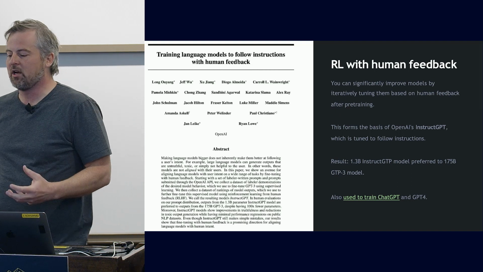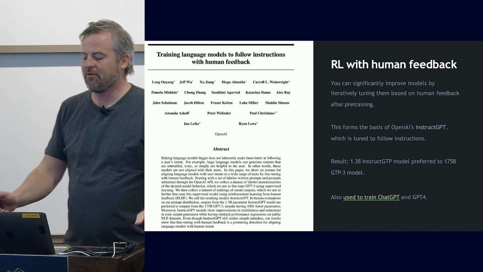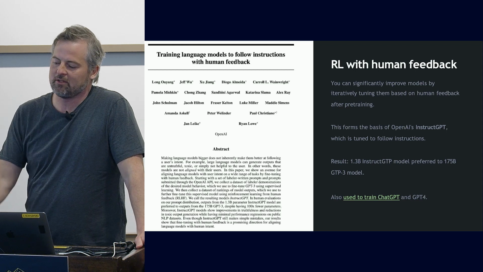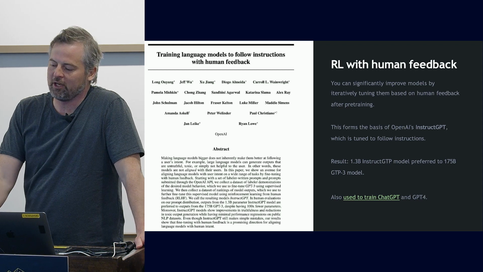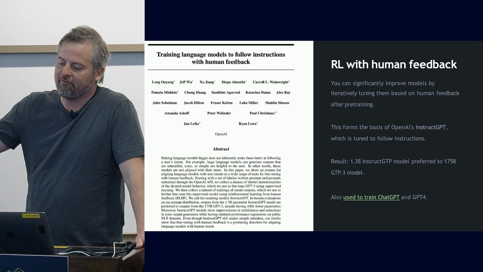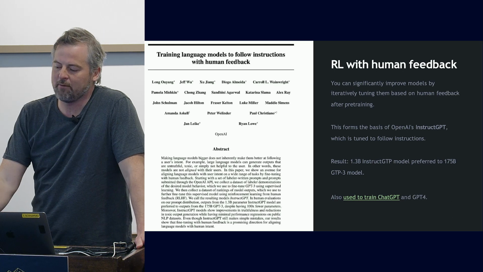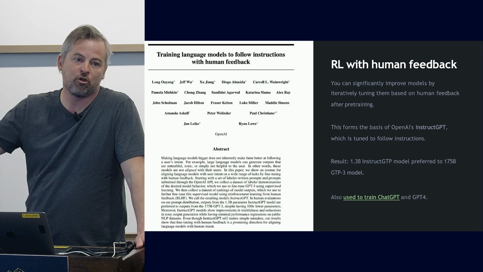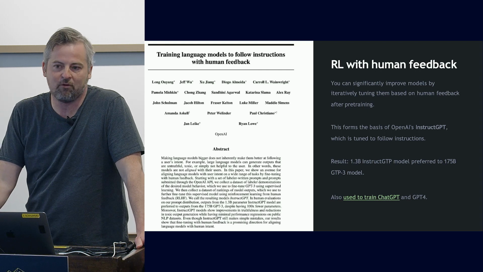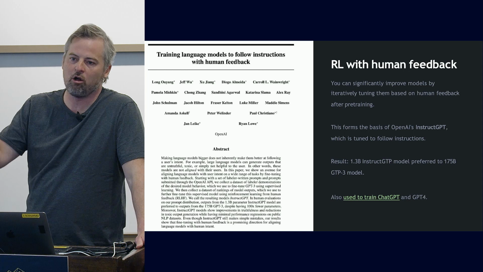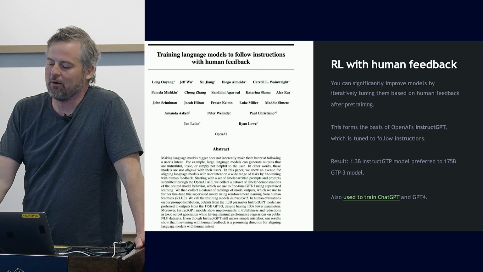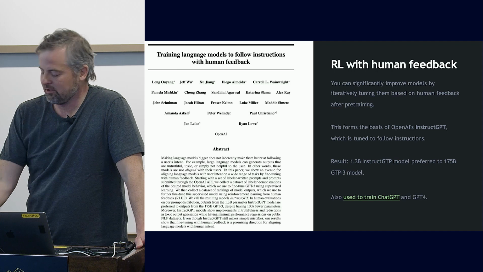And they trained this, and I'll talk a little bit about how they train it. What they found was if you train a model using this approach called reinforcement learning with human feedback, a much smaller model, a 1.3 billion parameter model, which they called InstructGPT, was preferred over the larger raw base GPT-3 model. Now, the current models on OpenAI are all instruction fine-tuned, or even chat. They have another fine-tuning with reinforcement learning that uses this chat-based interface.